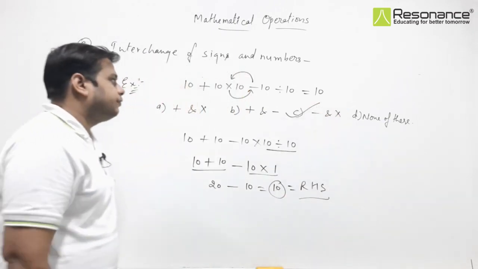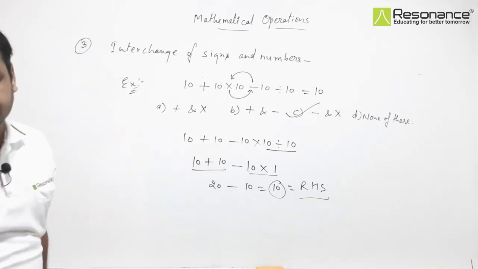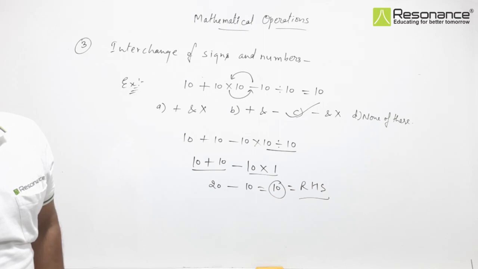So this is how we have to solve. That is called interchanging of signs and numbers. Sometimes we also have to interchange numbers,